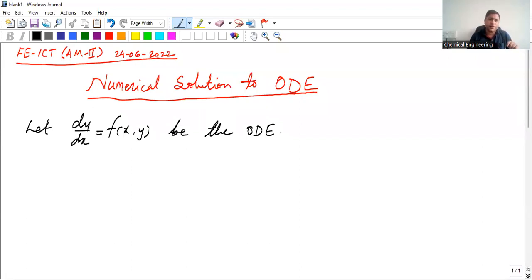If we want to solve this differential equation, we need to have the conditions. They may be either initial conditions or boundary conditions. The problem with the initial condition is called an initial value problem, and the problem with the boundary condition is called a boundary value problem. Here we will particularly be solving the initial value problem, with the initial conditions